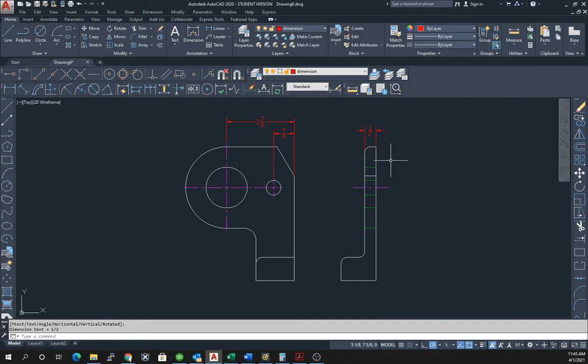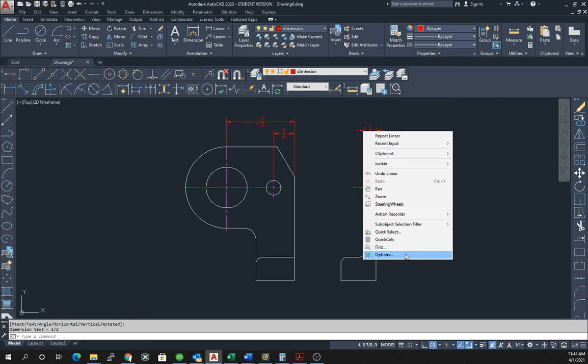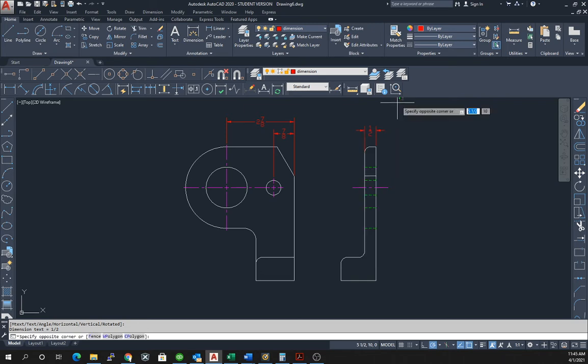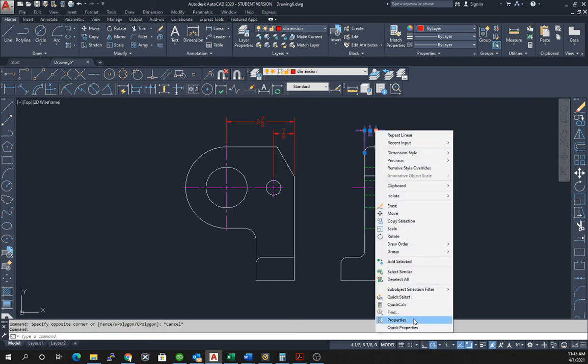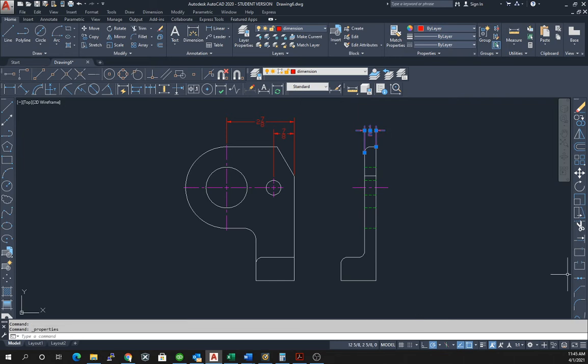Now in this case you can see the 1/2 inch actually shows inside, but the arrows show on the outside. There are settings that will change the way that this looks. If you wish to change it, you can actually do it individually with the dimension, or you can do it globally. So if you want to do it individually, you can look up in properties, and I believe we